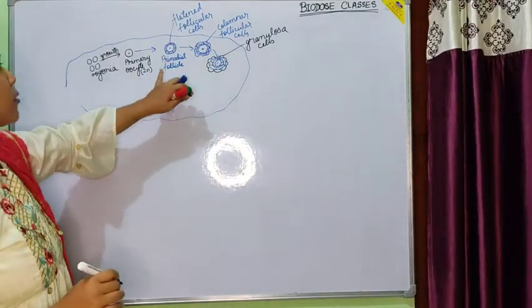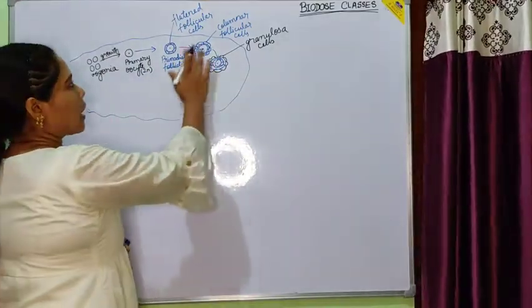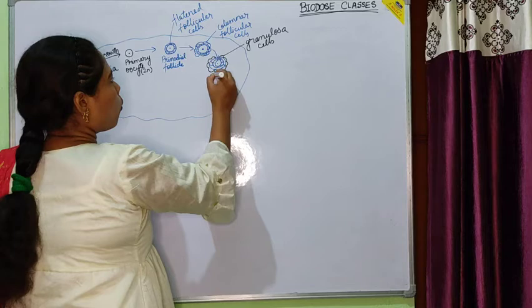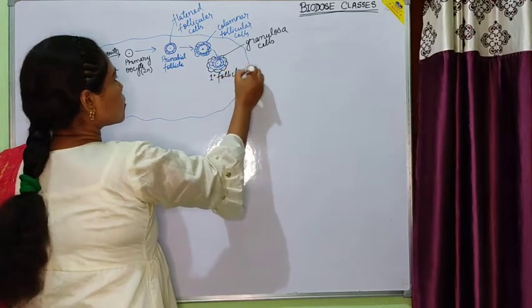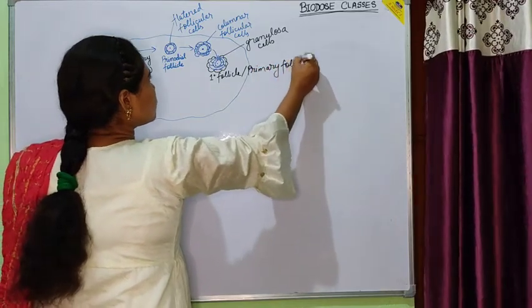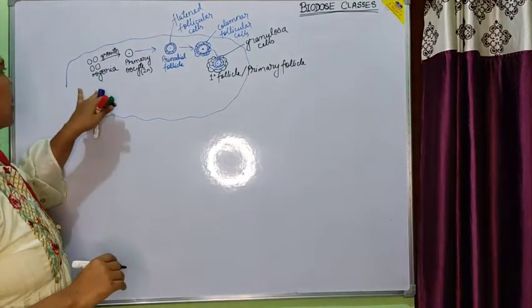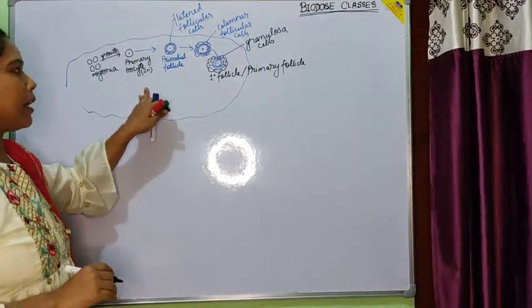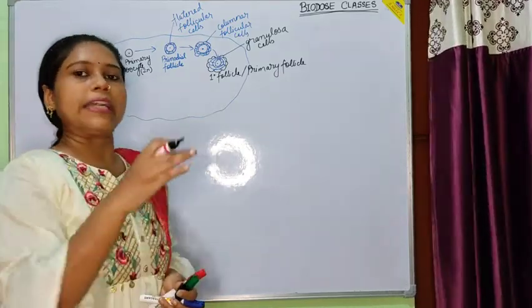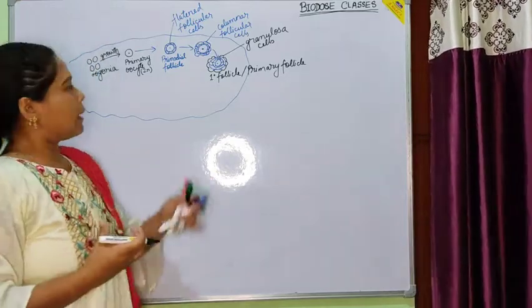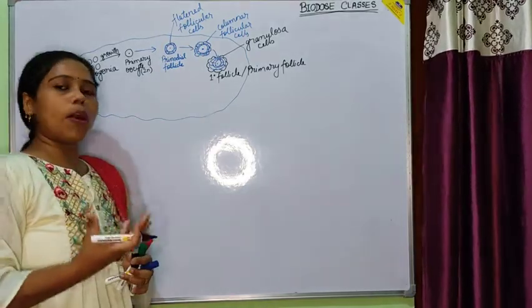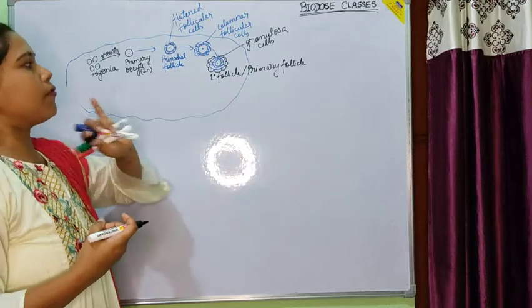Now what we are saying, this primordial follicle is surrounded by columnar follicular cells as well as granulosa cells to form the 1 degree follicle. This is also known as the primary follicle. Clear? Now, what we have seen, oogonia first got converted into primary oocytes by showing the process of growth that we have seen in the last class. It occurs due to accumulation of yolk, that is, due to vitellogenesis. After that, the primordial follicle forms and the primary follicle is formed.